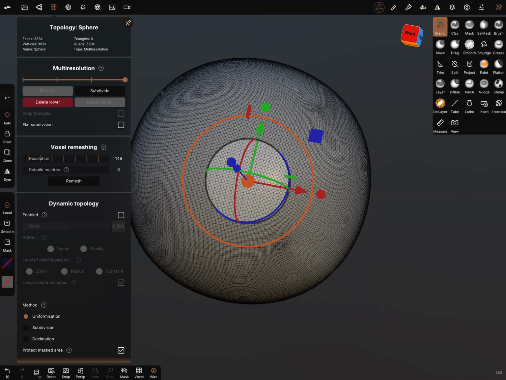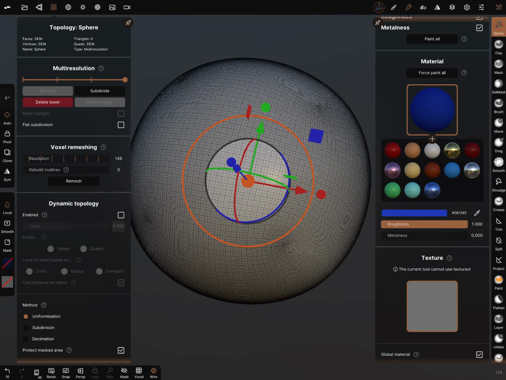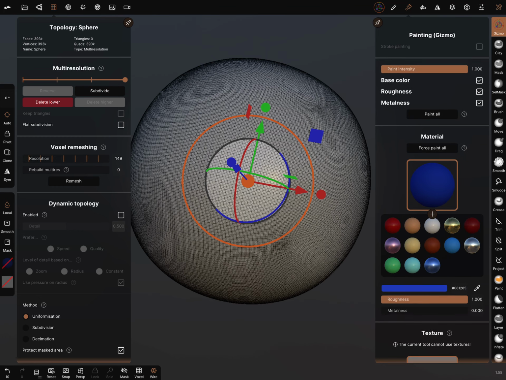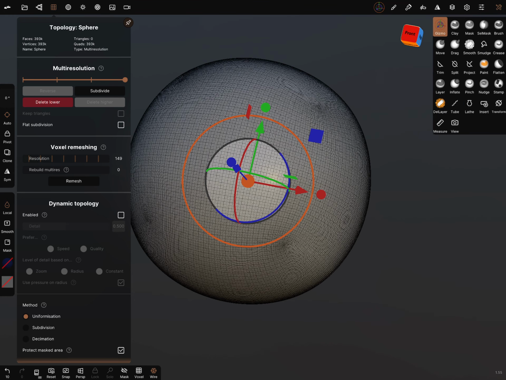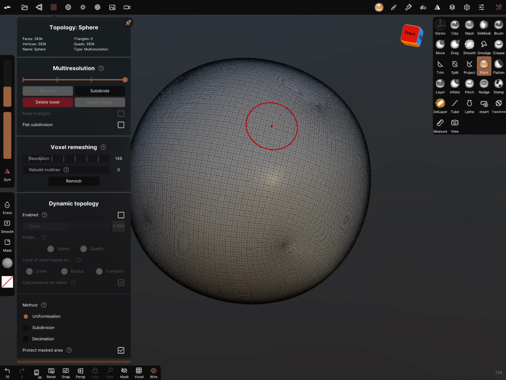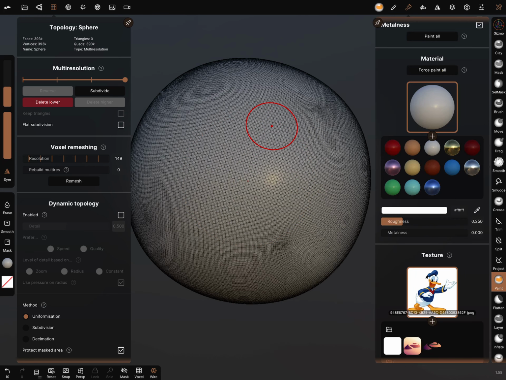And now you have in the painting settings here, down in the menu, a texture. Current tool cannot use textures. Okay, we have to switch to the paint tool, and now we can go to the